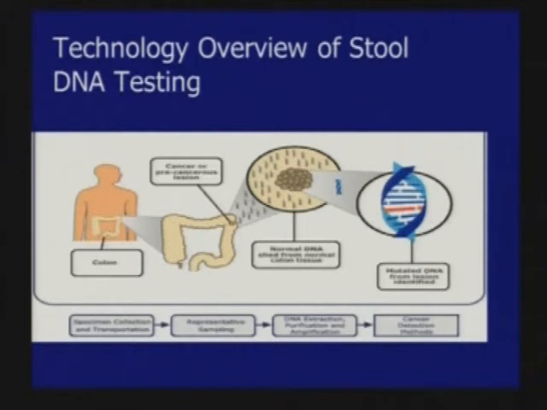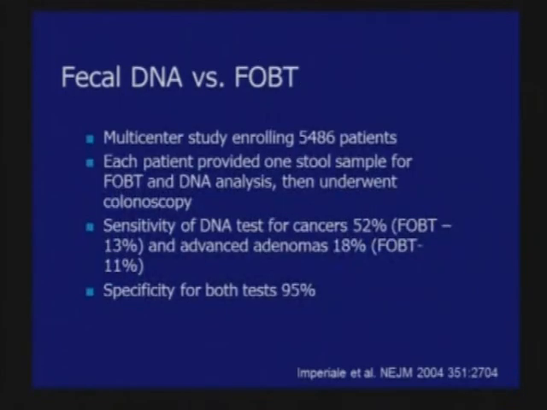Now, stool DNA testing was another approach that about 7-8 years ago generated a lot of excitement. The idea is basically that your colon sheds DNA all the time. And this can be either due to bacterial DNA or through tumor DNA. And the idea is that if you capture a stool sample, you can extract the DNA from the stool and pick out the mutated DNA that represents the progression to adenomas and cancers.